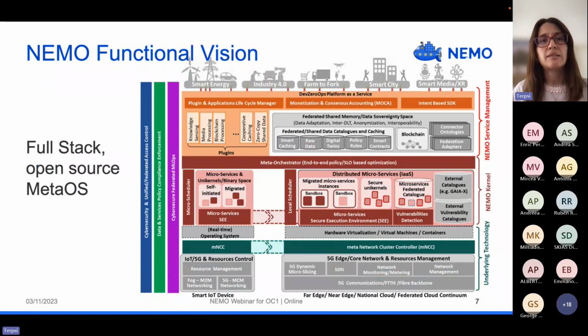Our functional stack vision in order to achieve this is quite ambitious, I would say, yet feasible though.